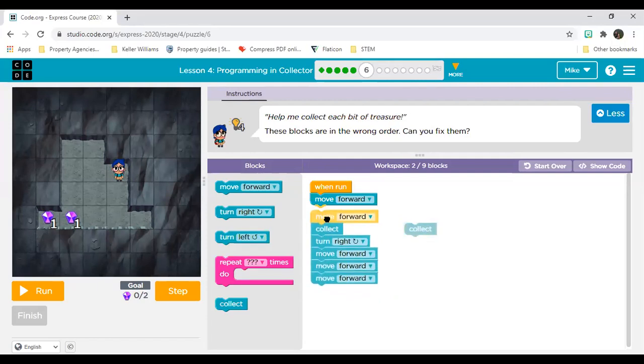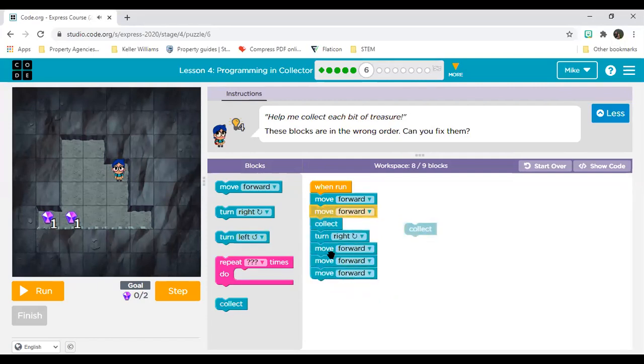So remove the collect block. Yes, great stuff. I'm going to move the collect blocks for now, put them on the side here. Let's get our code fixed first. So we are going to